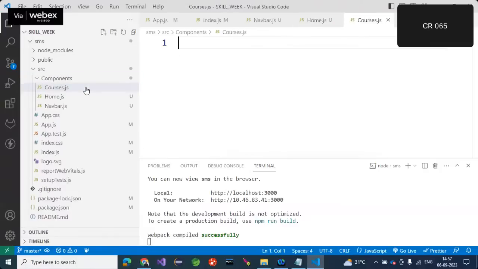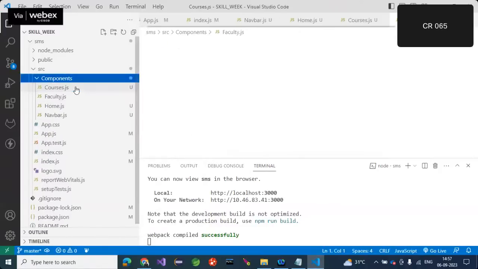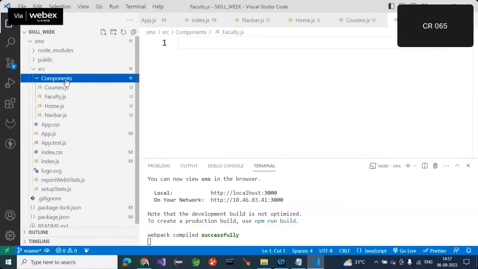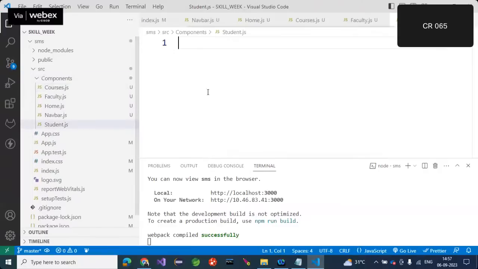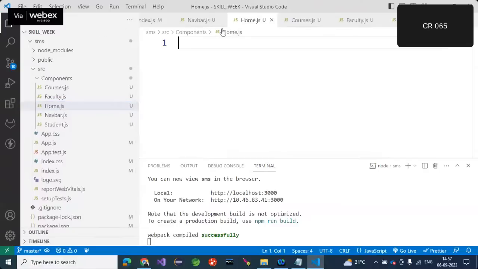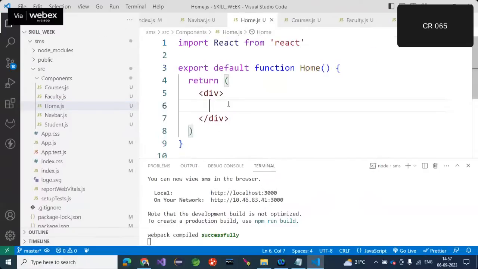And one more file I'm creating, courses.js. And then a new file, faculty.js, F capital. Every component starts with a capital. New file, student.js. So here I created a total of 4 components. First, home. This is the home component. This is also a React functional component. In the div, just